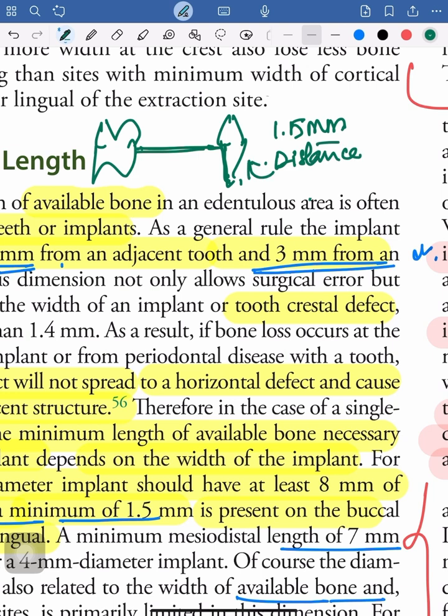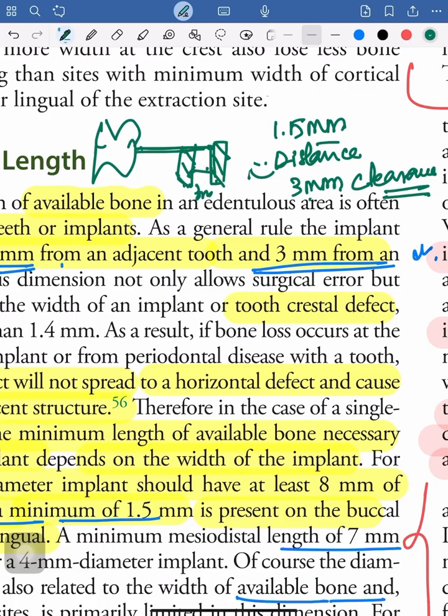Had it been an implant, you would need 3 millimeter of clearance, minimum 3 millimeter of distance between two implants,